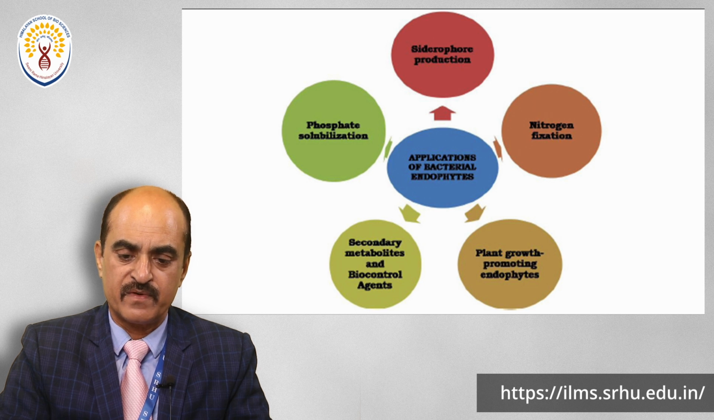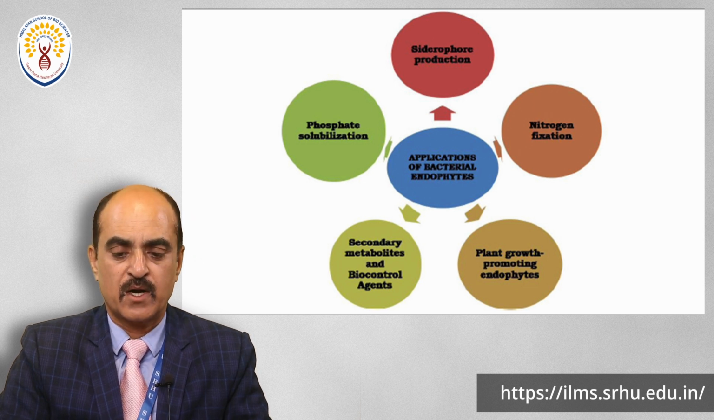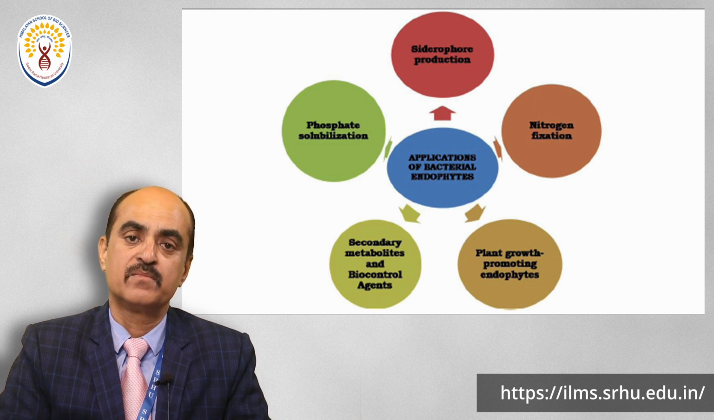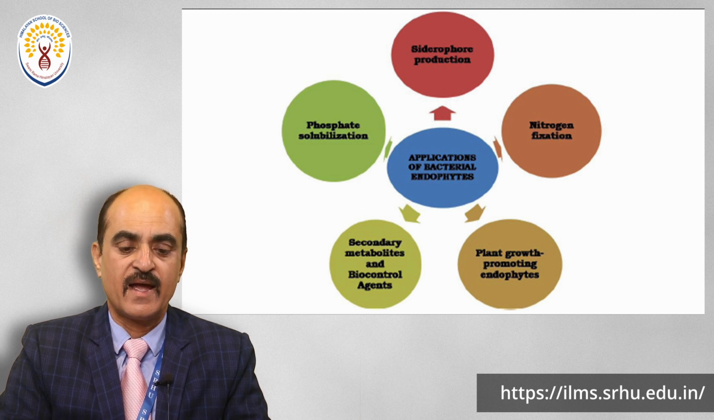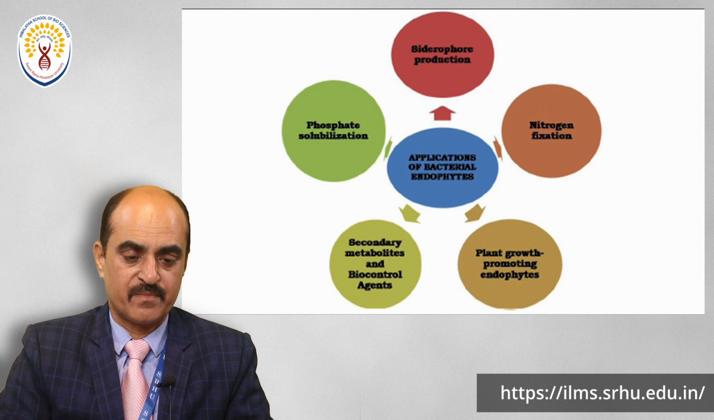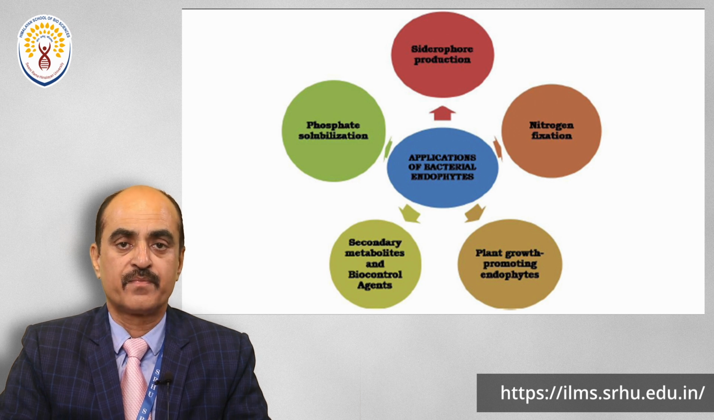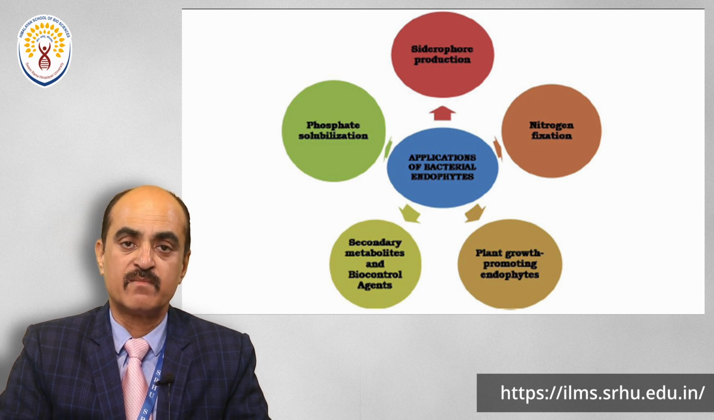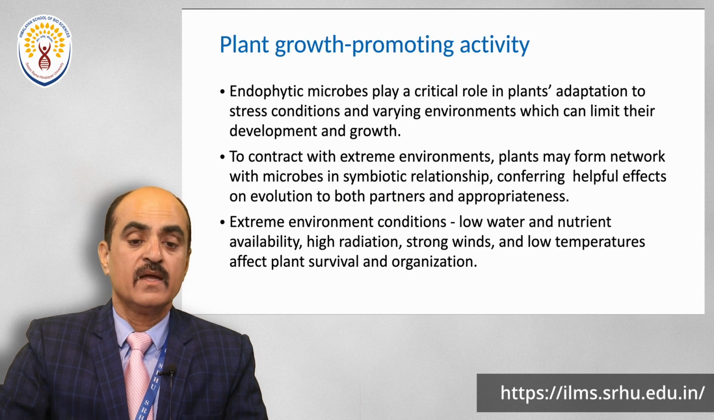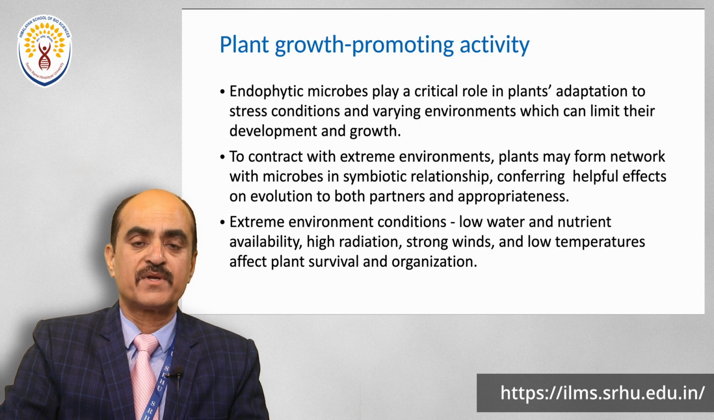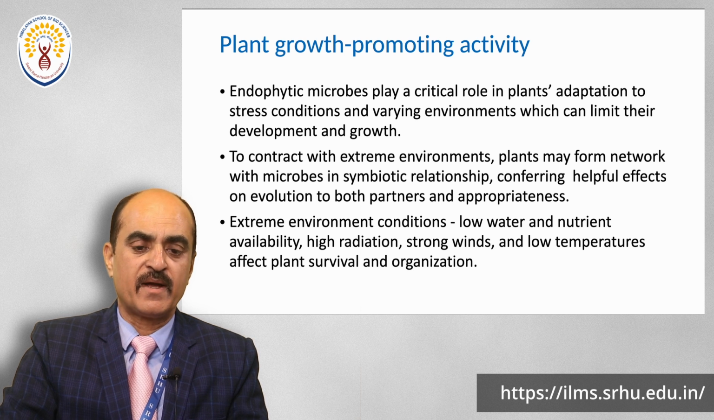They play a role in nitrogen fixation, they play a role in plant growth promotion, and they secrete secondary metabolites, and these secondary metabolites act as biocontrol agents. They solubilize phosphate also, and they secrete low molecular weight organic compounds which chelate metals, especially iron, zinc, etc. If we discuss the plant growth promoting activity of the endophytes, the endophytic microbes play a critical